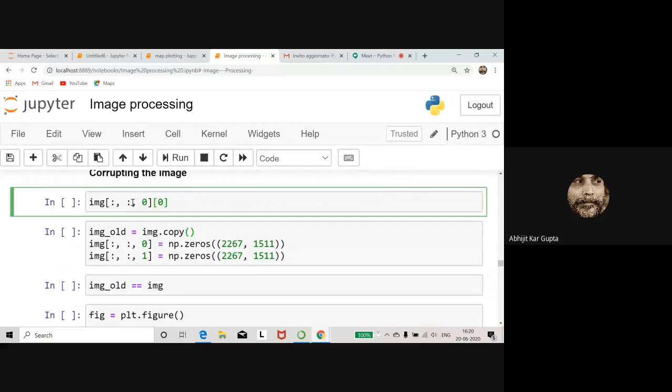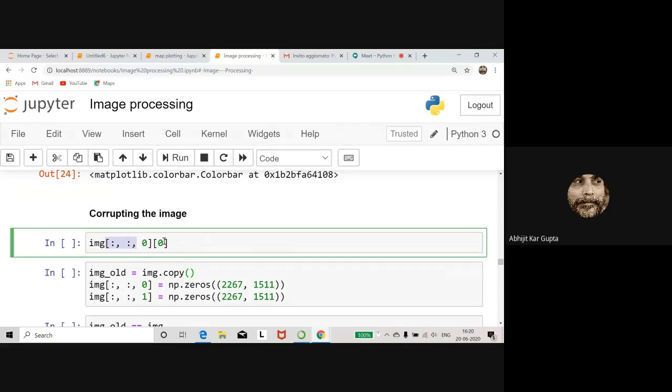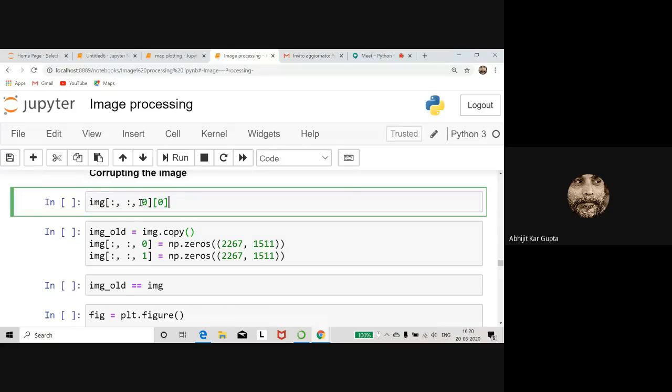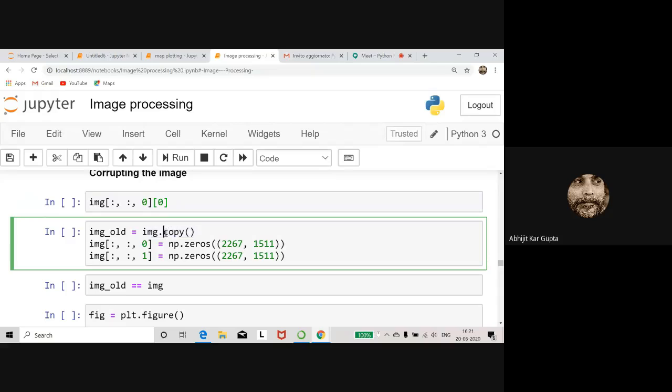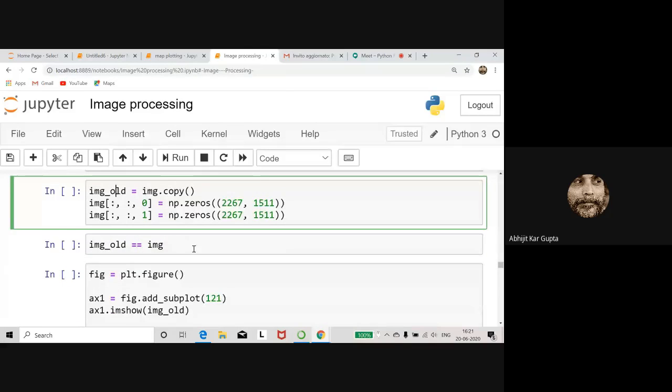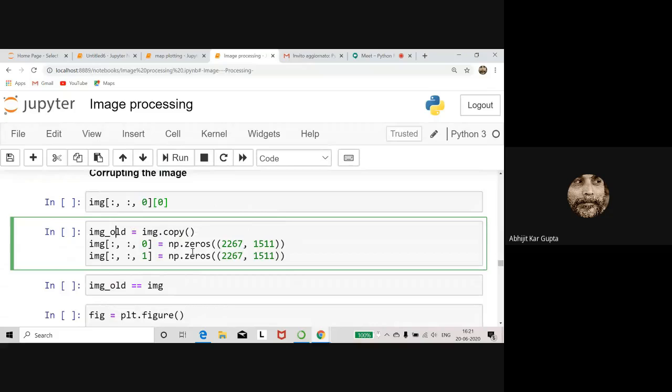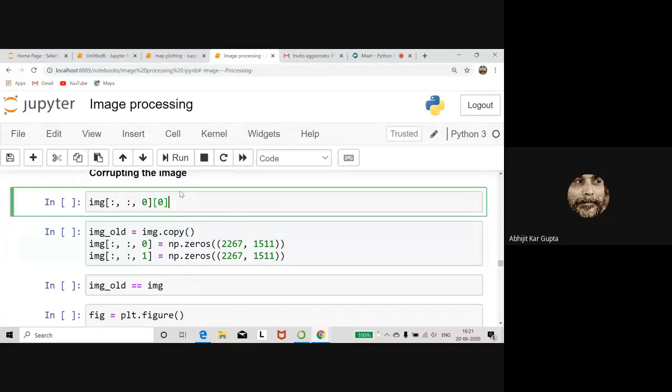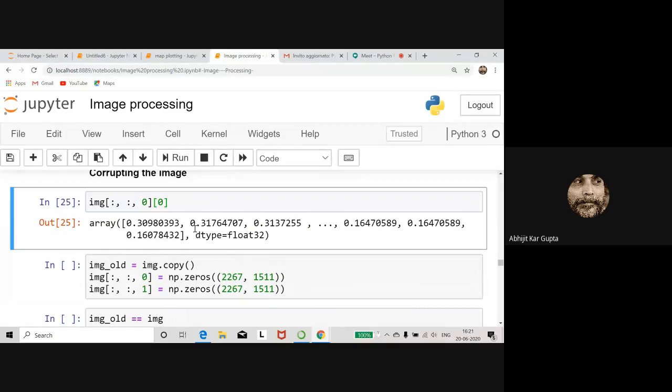Okay, so now I can corrupt the image. Actually, the leopard image was this. I took one channel, probably the red channel, and on top of it the 0th row, 0th entry. Beforehand, I copied this image with the img.copy function. It's a deep copy, right? With this, I kept the old image, and the new image I will manipulate. So how do I manipulate? img was the image, : 0. This channel is of no use, I just wanted to show it.